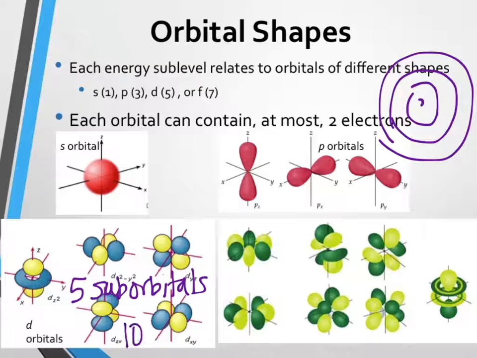10 electrons. D, I kind of like the dumbbell. If you take 2 dumbbells and put them apart on top of each other, that would kind of look like a cross or something. That's what the orbitals look like, and that's an electron following that path around the x and y axis.